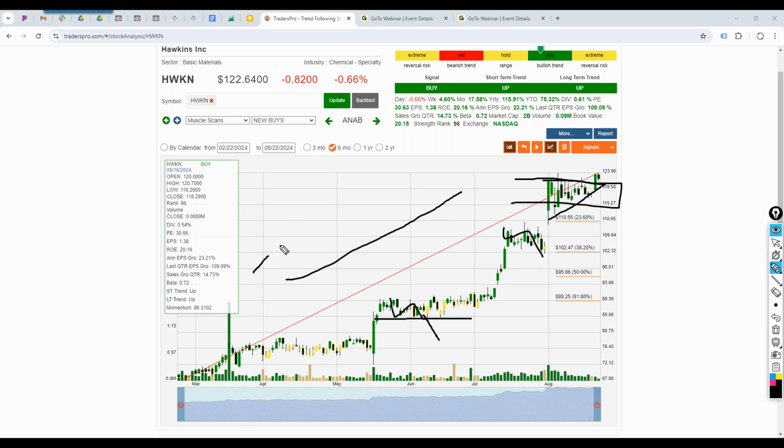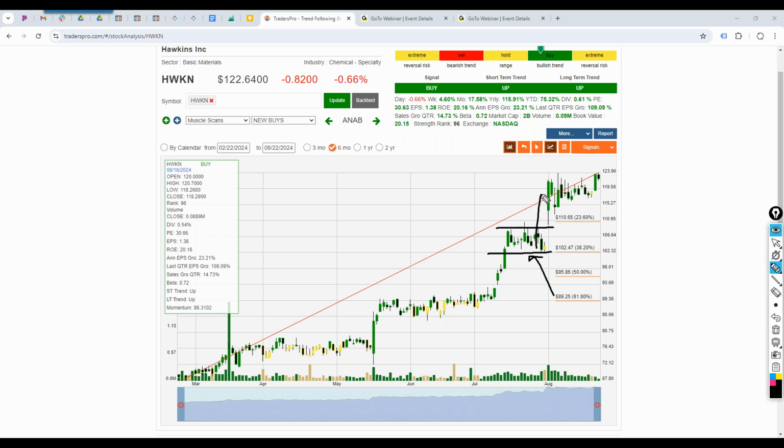Think of a runner, think of a sprinter. Okay, it's got to sprint and then it's got to rest for a minute. I've got to sprint and then I've got to rest. What's the rest? The rest is there's nobody left to buy. The buying demand is gone, okay, at least for a short amount of time. And then it picks back up and then it pauses and then the demand comes back in. That's ultimately what we want to find in a trending or a momentum style stock.